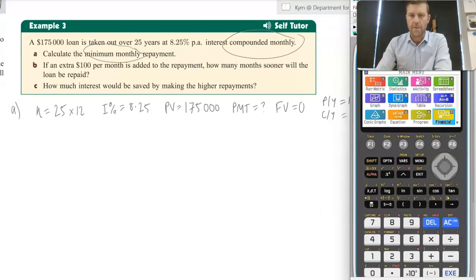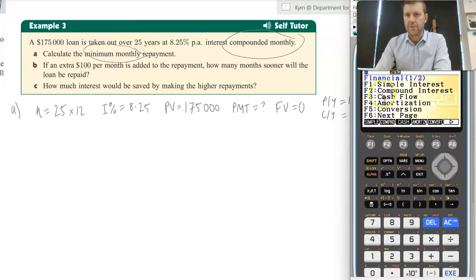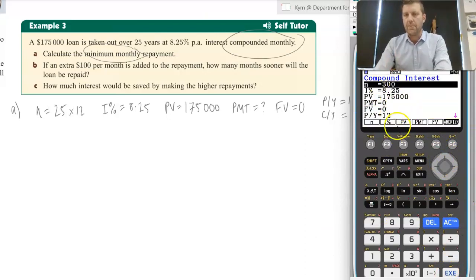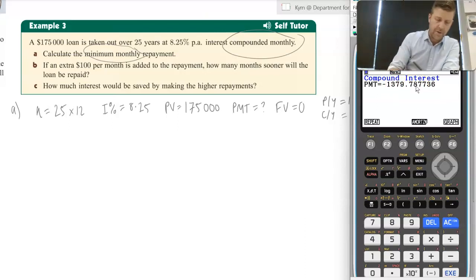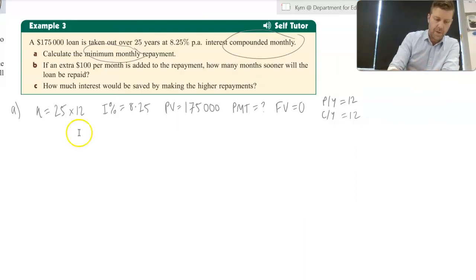So open your graphics calculator in the financial section, compound interest we're looking at. In this case, I've already put some of those values in. Once you've got them in, we're looking for PMT. It tells us that we're looking to pay $1,379. And remember, we always round up to the next cent, so 79 cents. So the minimum monthly repayment will be